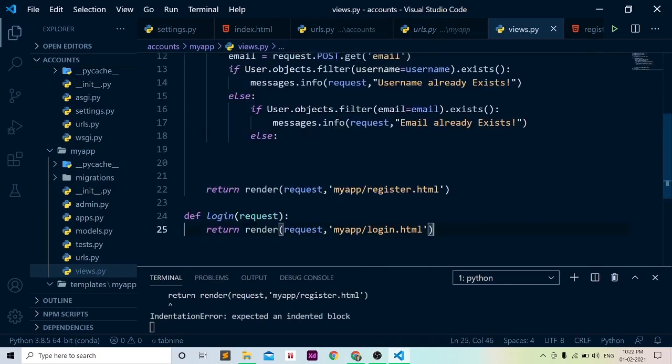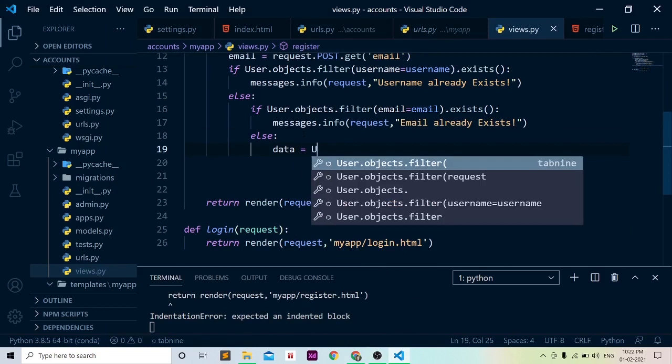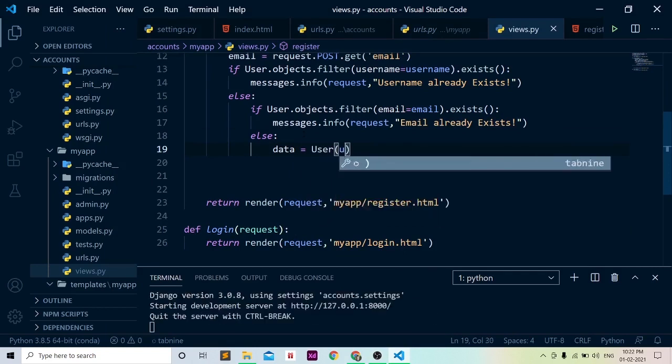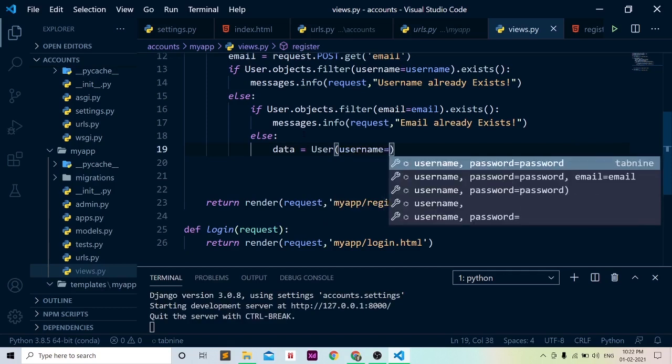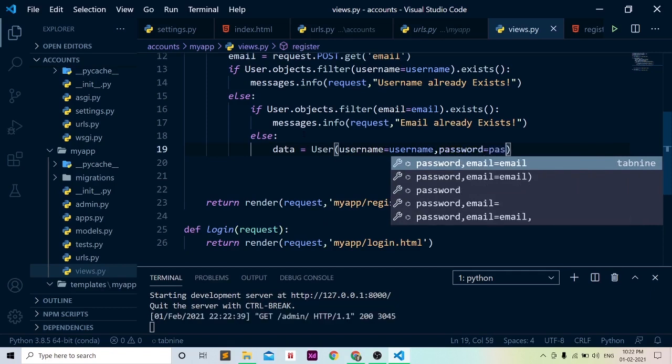Okay, now in the else part, we can save our data. So data will be equal to User, and we will specify username equal to username, password equal to password, and email equal to email.